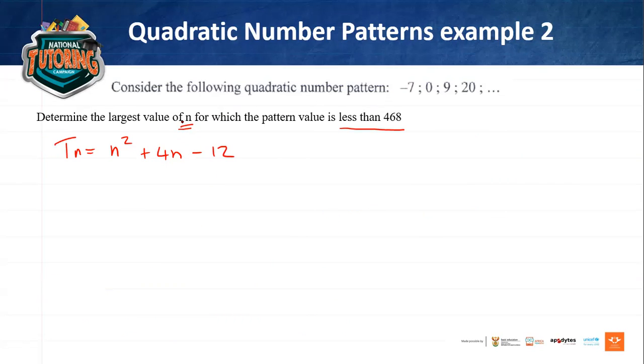They are saying we're solving for n. So n is going to stay as our unknown. But the pattern value must be less than 468. In other words, Tn, this thing, is less than 468. And they want